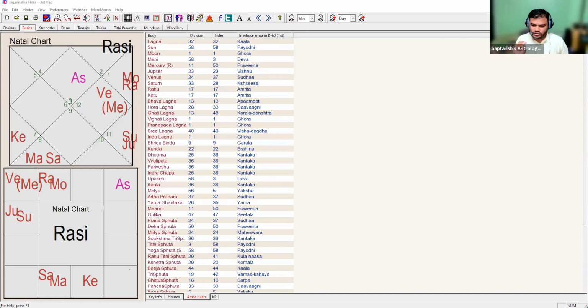So, like this, every Sapta Rishi, every Rishi is present in our zodiac belt. So, this is a hint given by Varahamihira in Brihat Samhita. Like this, every Rishi is given. So, when we say Sun is in Payodhi, okay, Sun is a ruler of third house here, is sitting in the ninth house with Jupiter in Payodhi.